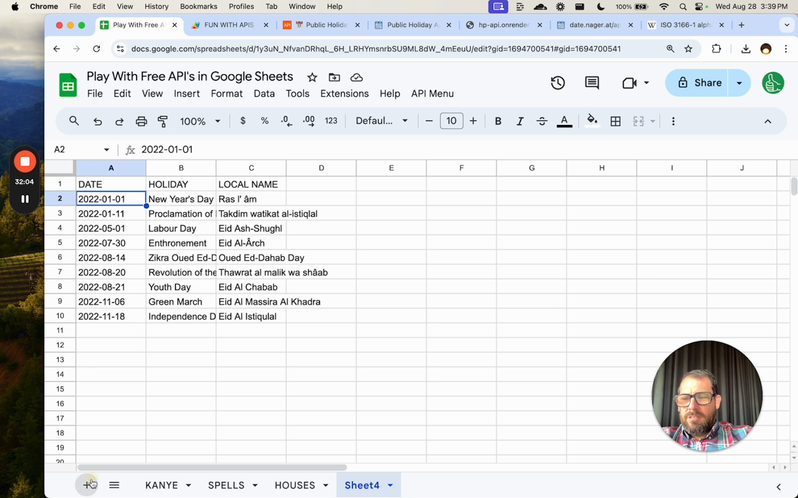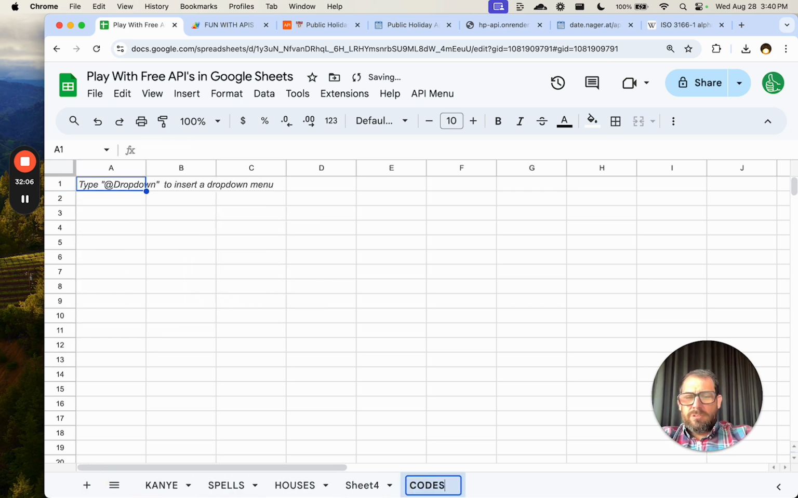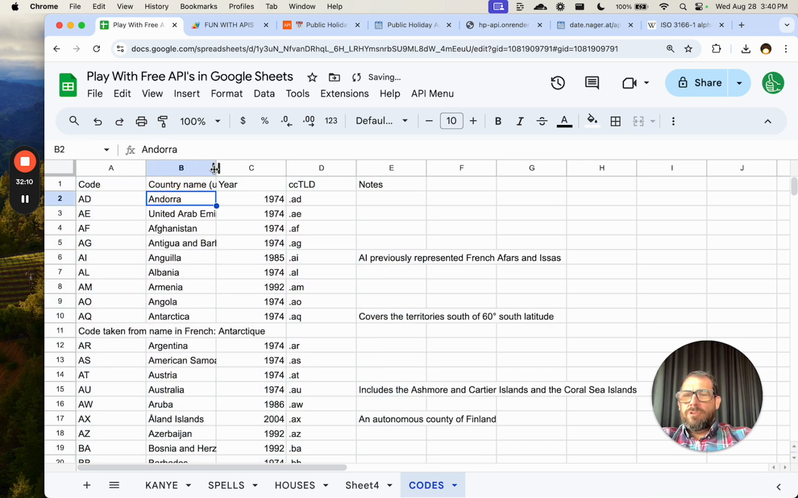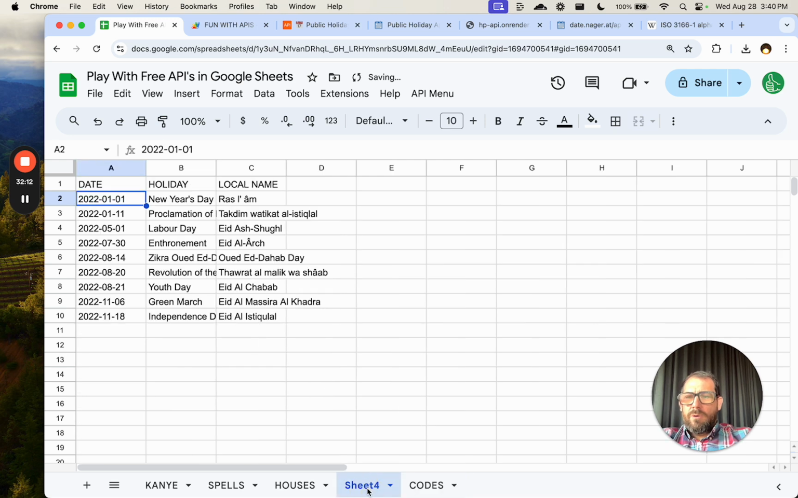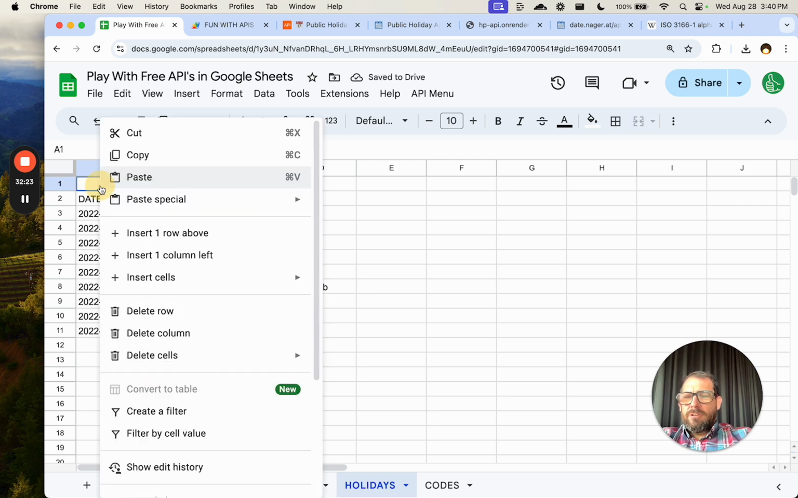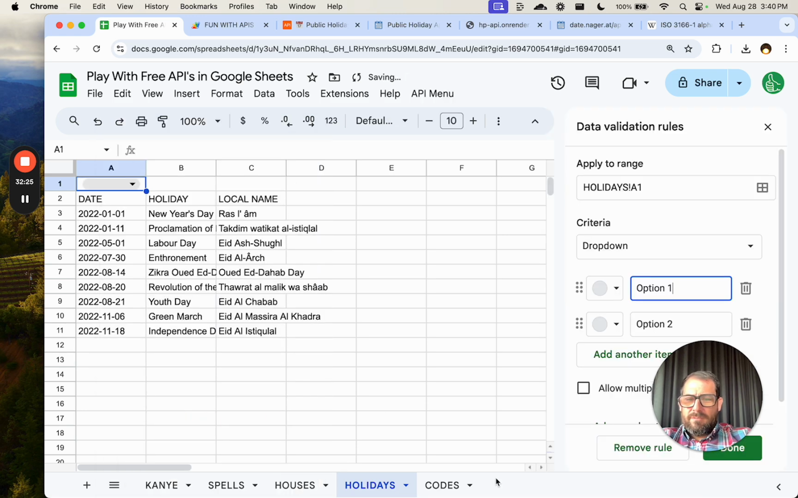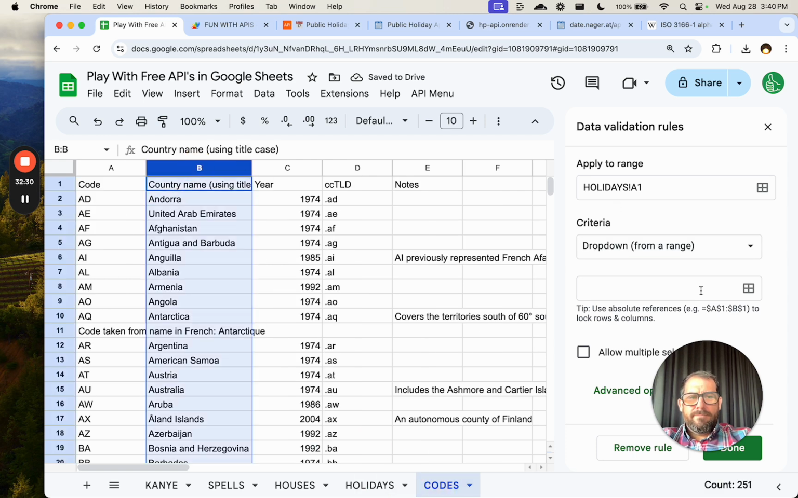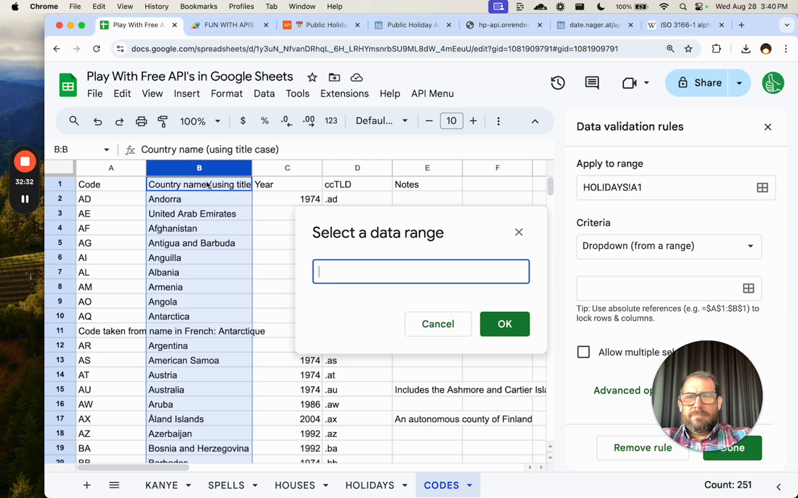Okay, let's call this codes. Paste it. So we have a country code here. We have a country name here. And for our holidays, we need the 2-letter country code. But we don't know the 2-letter country code. We only know the name. So let's create a drop-down menu here. This is going to be fun. With range from the country name. Codes